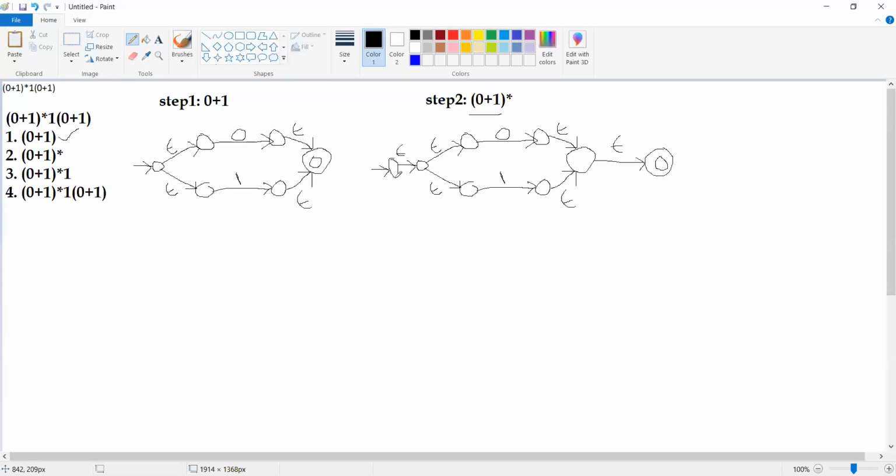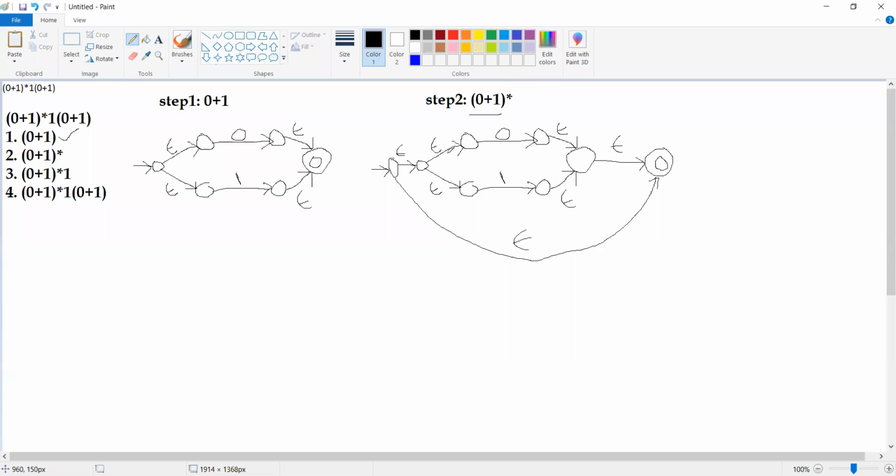That is the reason why from this initial state to this final state, we will be having some epsilon transition. Now please observe, we will be having some epsilon transition first. Then the next thing which has to happen is that this sequence of zeros and ones has to come. Now how do we get the sequence of zeros and ones?